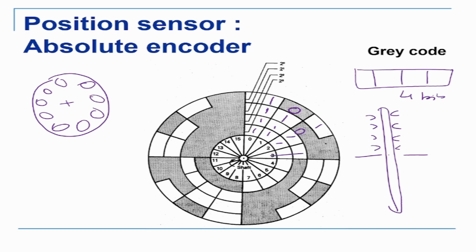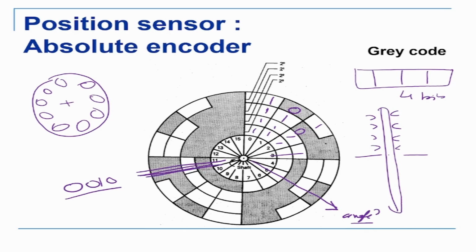Now each sector is unique, which means it corresponds to one angle only. So it will come to any one angle and stop there. Basically what we are saying in this absolute encoder is that suppose the power fails and you get a signal of 0 0 1 0. You know exactly that it is here, because this sector is unique. In no other sector will you get this signal, so you know it is here. Which was not possible in the case of an incremental encoder.